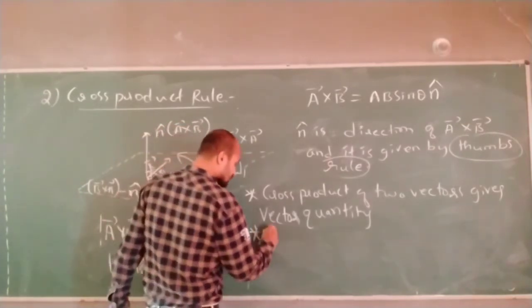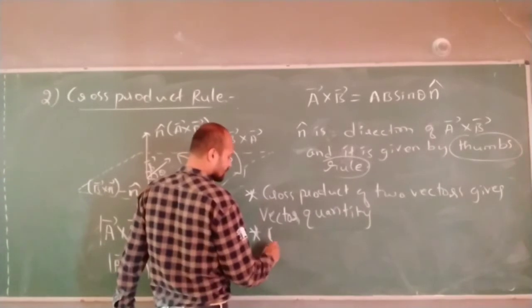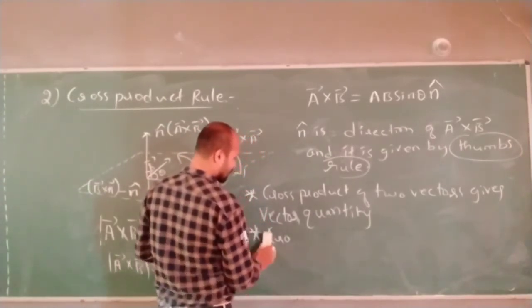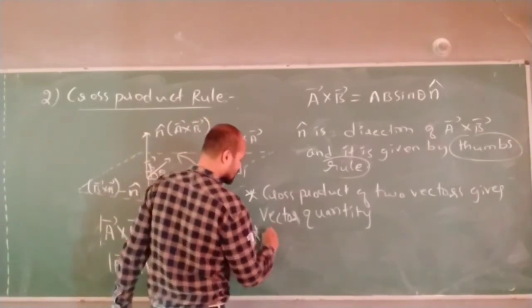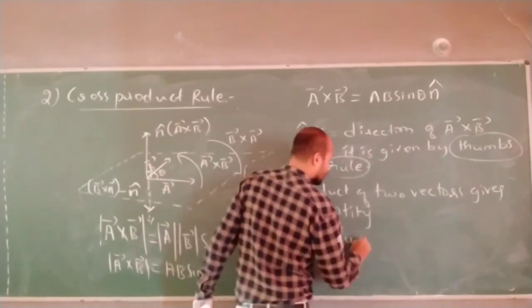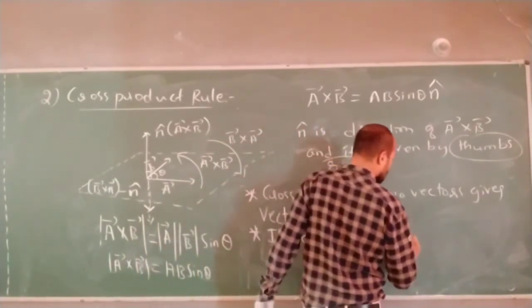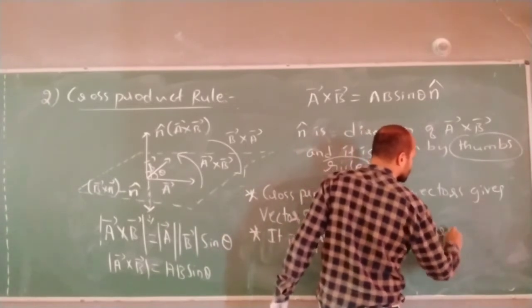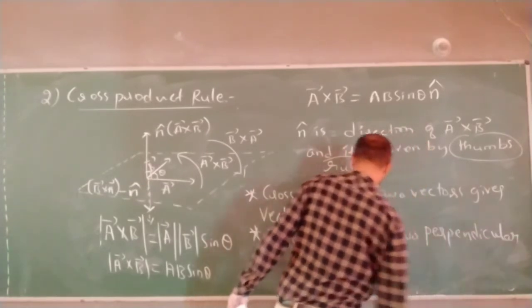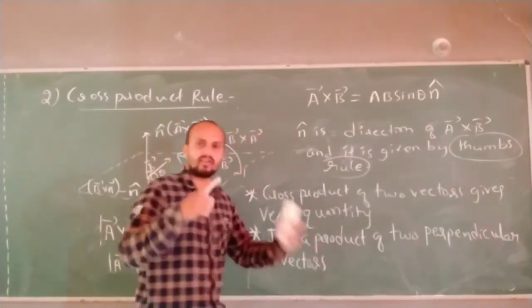Second one, it is a product of two perpendicular vectors. Whatever the angle between the vectors may be,